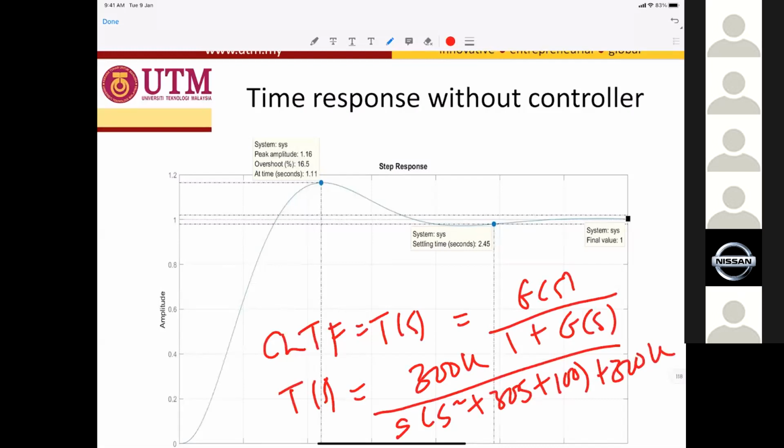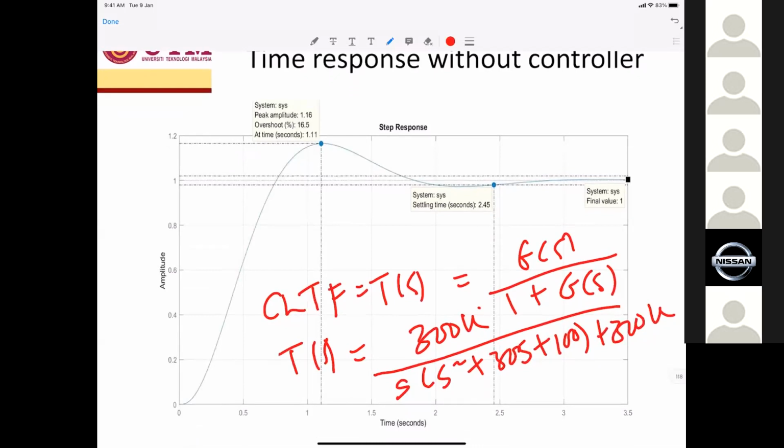Okay, so you assume K equal to 1, and then you inject a 1 volt step. And then you obtain this response without a controller. So from this graph,